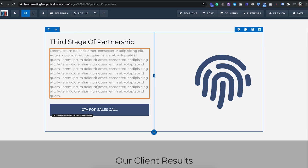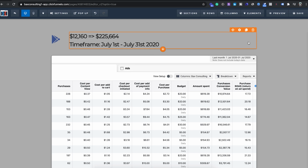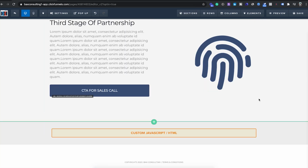And then from there, after you've stated how you go about it, you back it up with results. Now, if you don't have results, it's completely fine. You can simply go into here and just delete this section out, right? For example, now at the bottom,